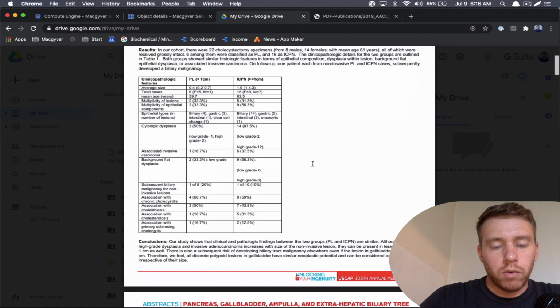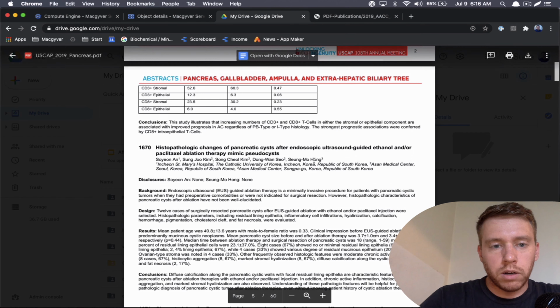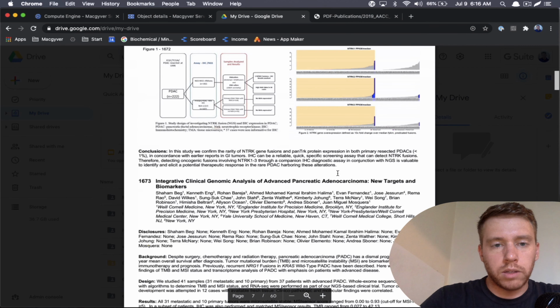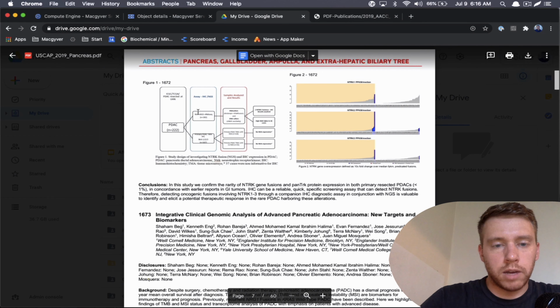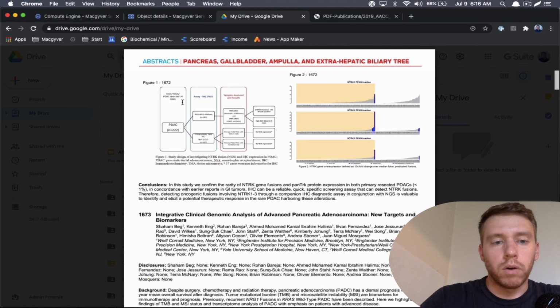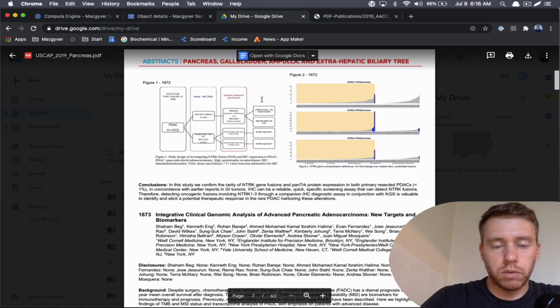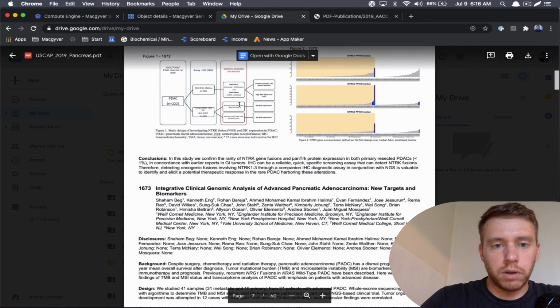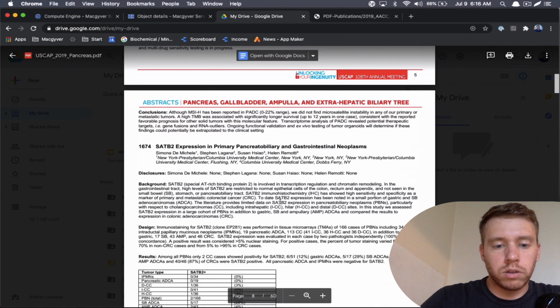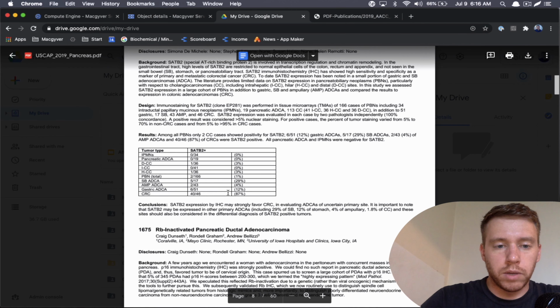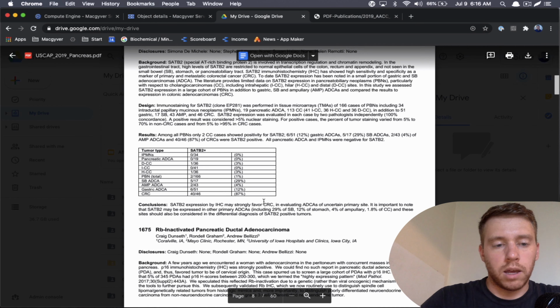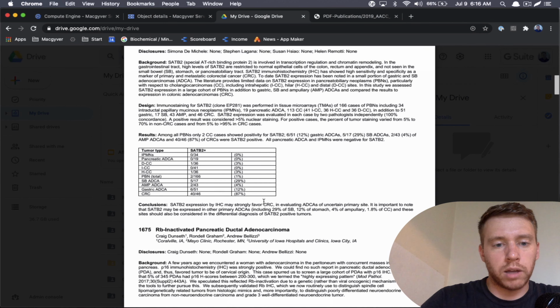For this particular example, we're going to try to extract two types of objects, quote unquote. One is figures like this, which are essentially images. Anytime we see an image, we want to be able to extract that. And then also tables, because these are used throughout these abstracts,